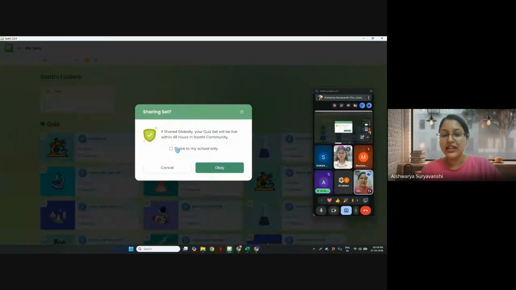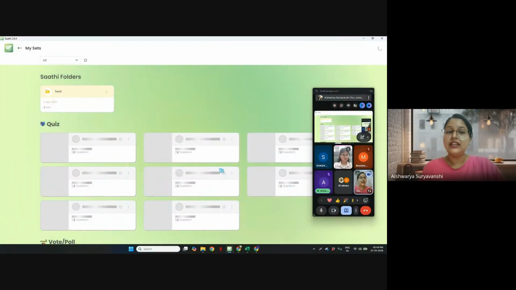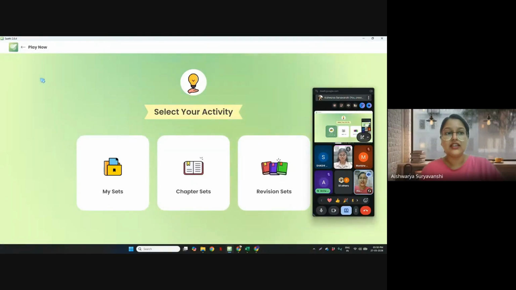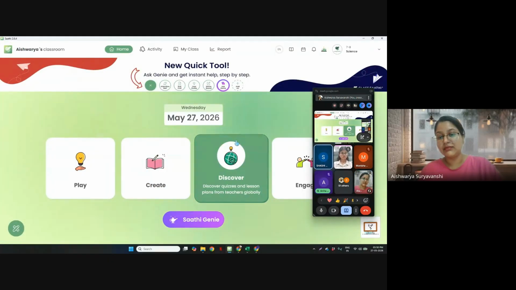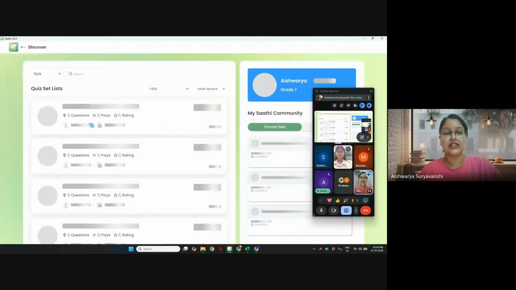Now if I share, I just need to click on share with my school only option. Okay. So once I click on this, what will happen? It will come under the discover button of the other class. So if I go to 7A, so same question will be for 3 classes. Yes. But it will come under discover option, ma'am. And it will be visible in this way.